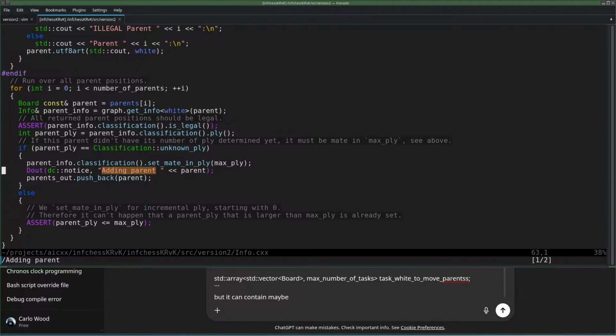"This parent didn't have its number of ply determined yet. It must be made in max ply. See above." Okay, yeah, okay, I think I get it. So we have